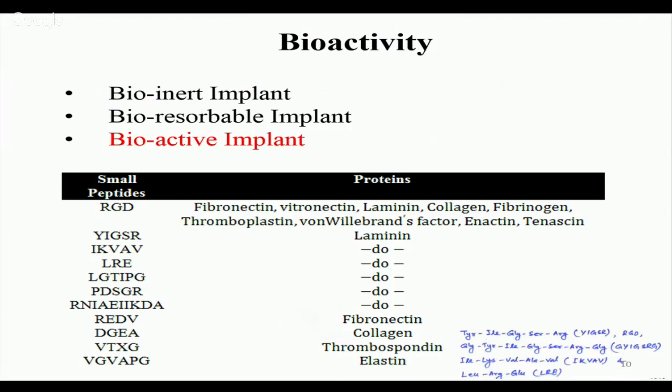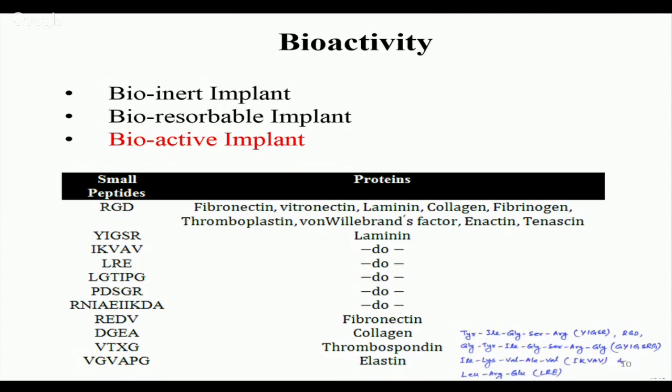So if you see, there are bio-inert implants, bioresorbable implants, and bioactive implants. And I already mentioned before that bioactive implants are the implants where we have specific chemistry that will be beneficial for calcium nucleation or phosphate nucleation, and eventually phosphate nucleates on the calcium side or calcium nucleates on the phosphate side. And then there is nucleation and growth of bone by a biomimetic biomineralization approach proposed by Kokubo using simulated